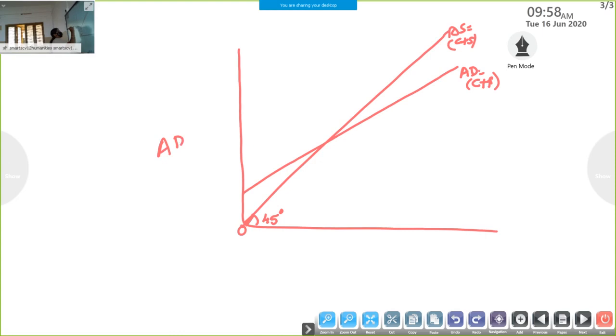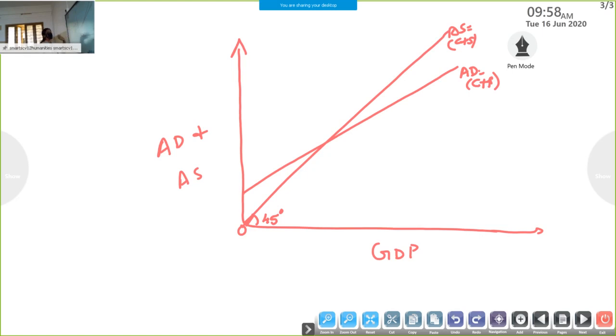Here you should mention AD and AS. Here on the horizontal axis, GDP or level of national income. If you know the diagram, very easily you can explain this one. Point wise or paragraph, as you wish, you just identify what all is there. We can measure like this: on the horizontal axis, we measure GDP. Then on the vertical axis, aggregate demand and aggregate supply.